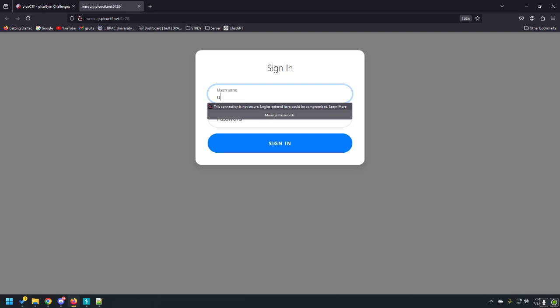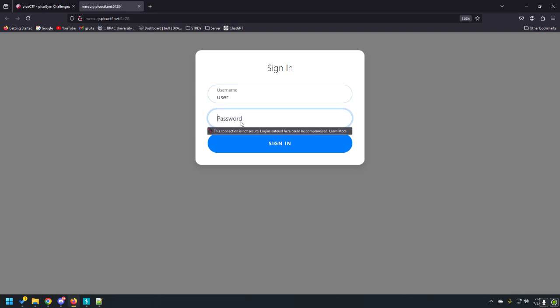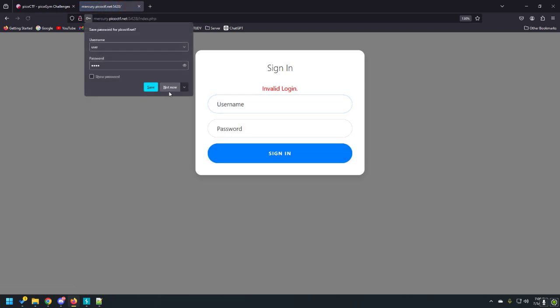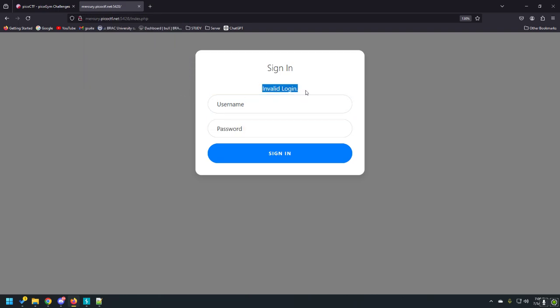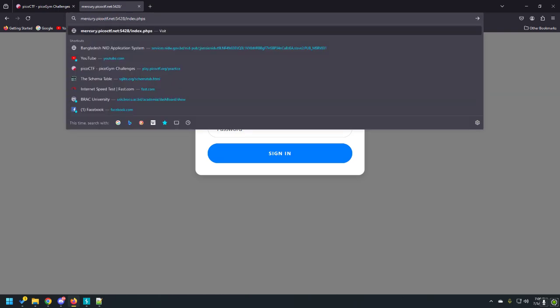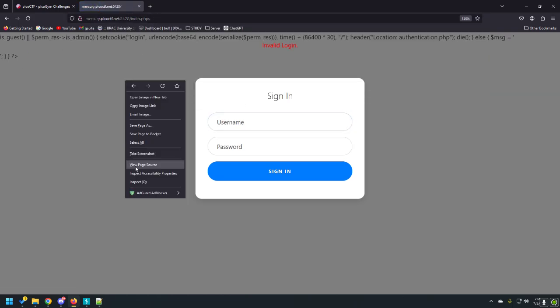We are introduced with the login page. Let's try a random one. Obviously, it won't work since it's not printing any SQL error. We cannot do SQL injection quite easily. What we have here is index.php. If we see the source code or like this,